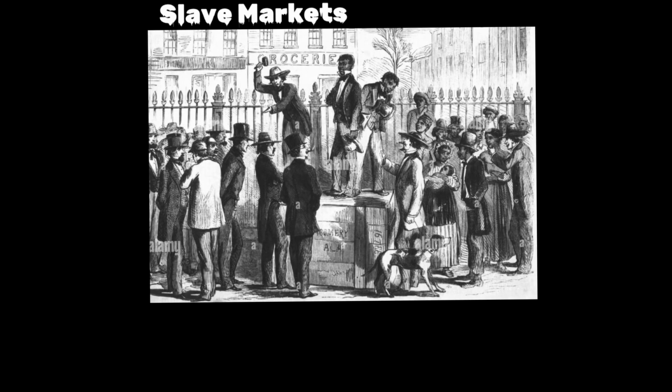Today we'll be speaking on the topic of slave markets and the transatlantic slave trade of the United States. The transatlantic slave trade took place from 1501 to 1867, and the biggest players had slave markets set up in Europe, Africa, and the Americas, North and South. It was set up in a triangular method between the markets of the Americas, Europe, and Africa, by traveling over the Atlantic Sea, which gave it its name, the transatlantic slave trade.